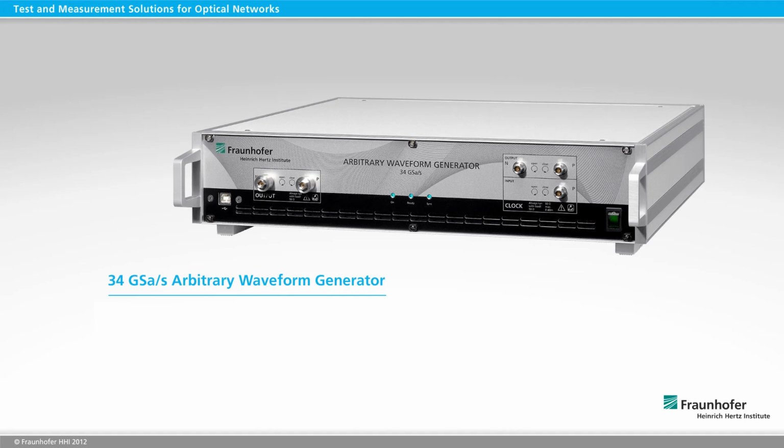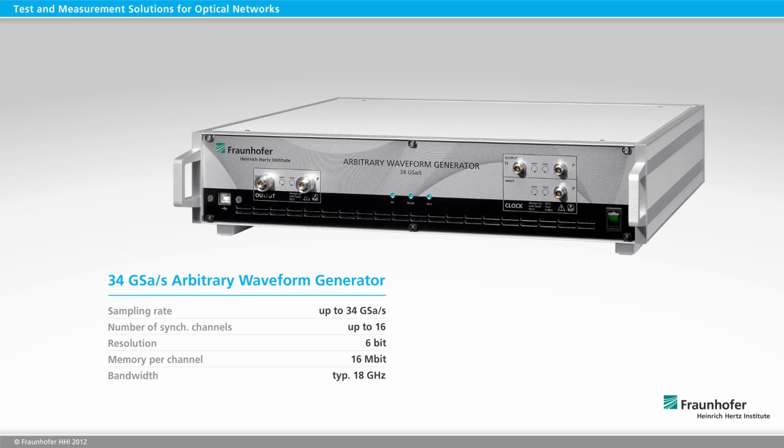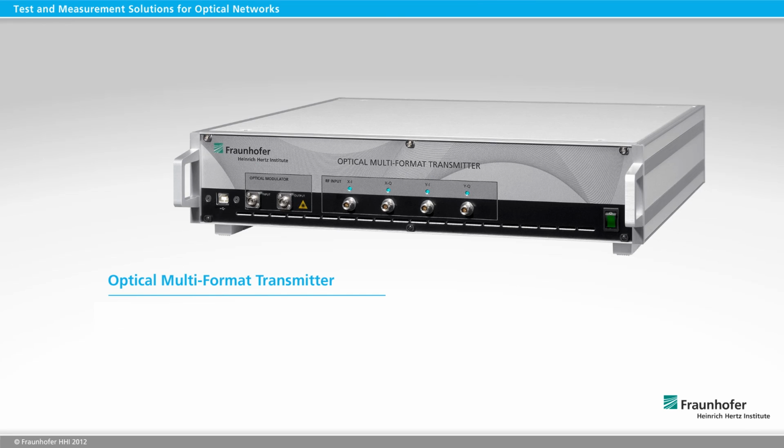Key features of the Arbitrary Waveform Generator: sampling rate of up to 34 gigasamples per second, up to 16 synchronized channels, 6-bit resolution, memory of 16 megabit per channel or 2.7 million samples. Typical bandwidth 18 GHz. Key features of the Optical Multi-Format Transmitter: versions for single and dual polarization signals, high bandwidth